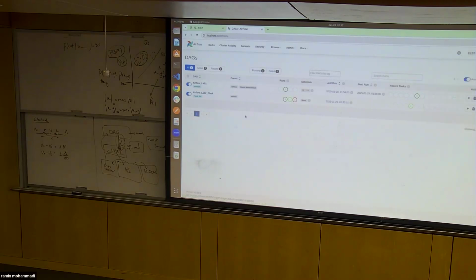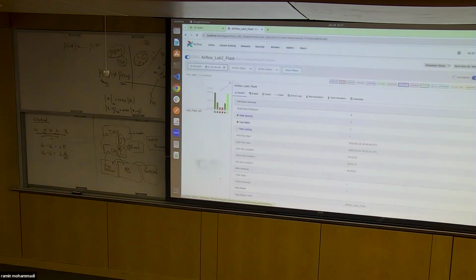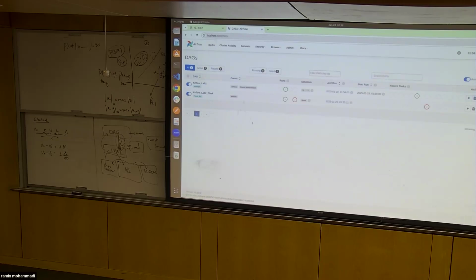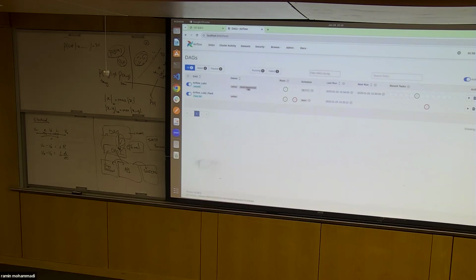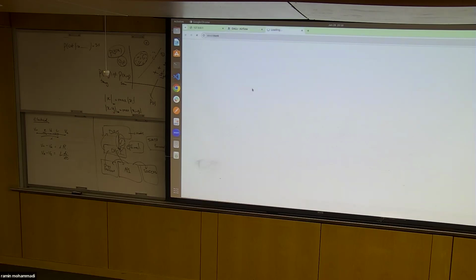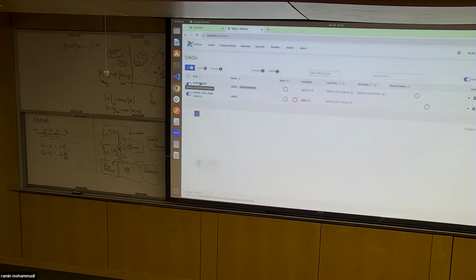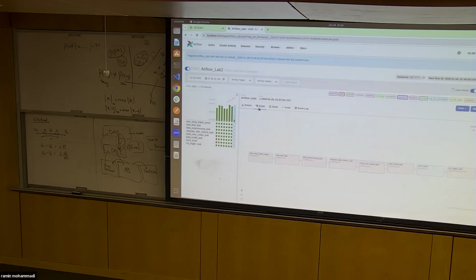Okay, so you see there are two over there, right? And one of them is already running, so I'm going to pause this. Here, I have two. One of them runs on a schedule. One thing you see here is the Airflow owner; in front of it, it says owner. If I click on owner, it takes you to the address of the project. So if I run the first one and look at the graph,